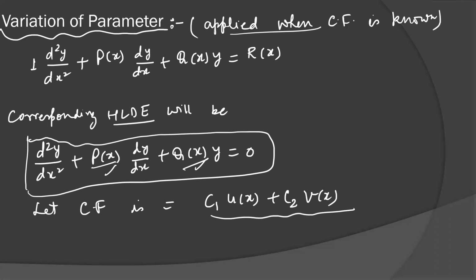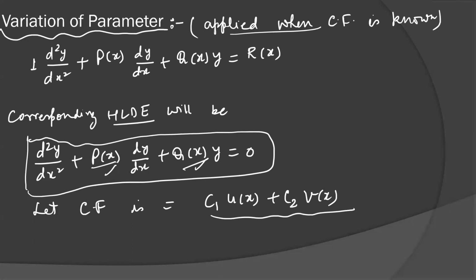So you can find the auxiliary equation and your C1, C2 coefficients will become Ux and Vx. Suppose this is not constant coefficient, it's in the form of Cauchy-Euler, then we will convert it to constant coefficients and we will find the complementary function. So anyhow, we have to find Ux and Vx. In many problems, your complementary function is already given in the problem, then there is no problem. You can just compare and find the values of U and V.